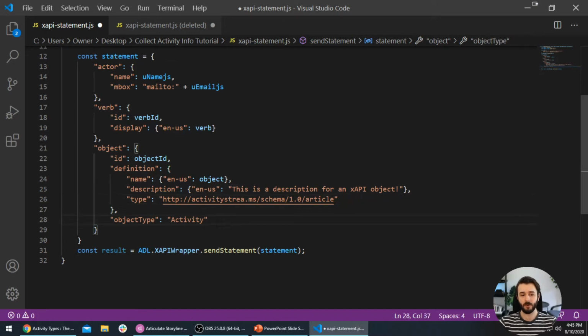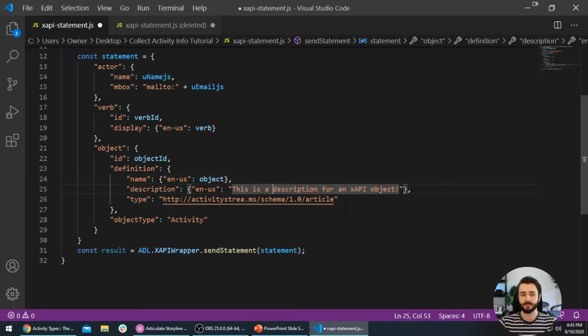So if you made it this far with your code, we're in good shape. We have the object type, we have a description for our object, and we have the activity type. And this is a URI, so it's interoperable. Everything is looking good. But what's not looking good is that not every activity the user engages in our course is going to be an article. And the description definitely isn't going to be the same for everything they do in our course either. So these two things are going to change, just like the verb ID, the verb, the object ID, and the object change. So to account for that, we need to add a couple of new